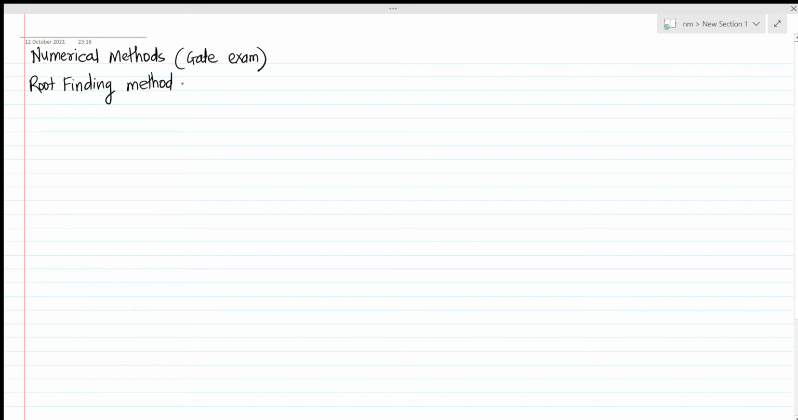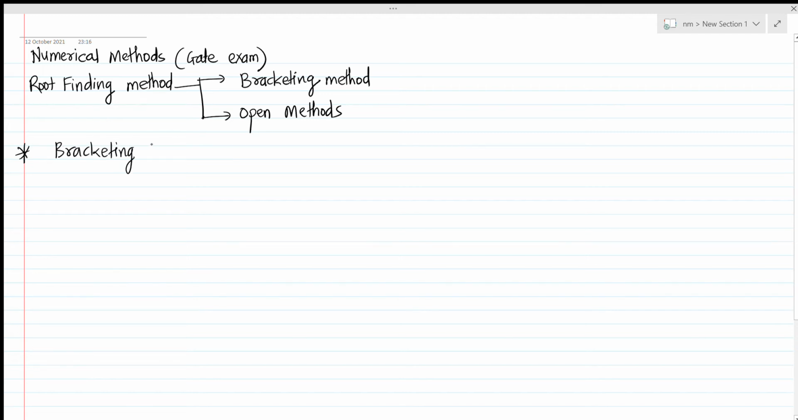in which there are two types. One is the bracketing method and the second is the open methods. So we will discuss the bracketing methods first,